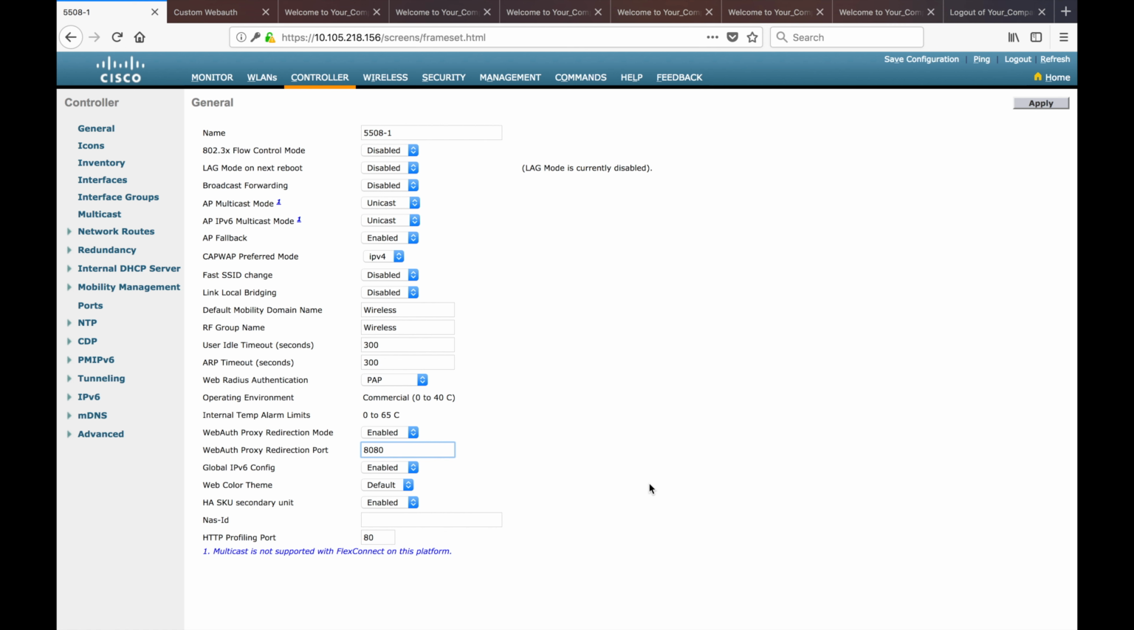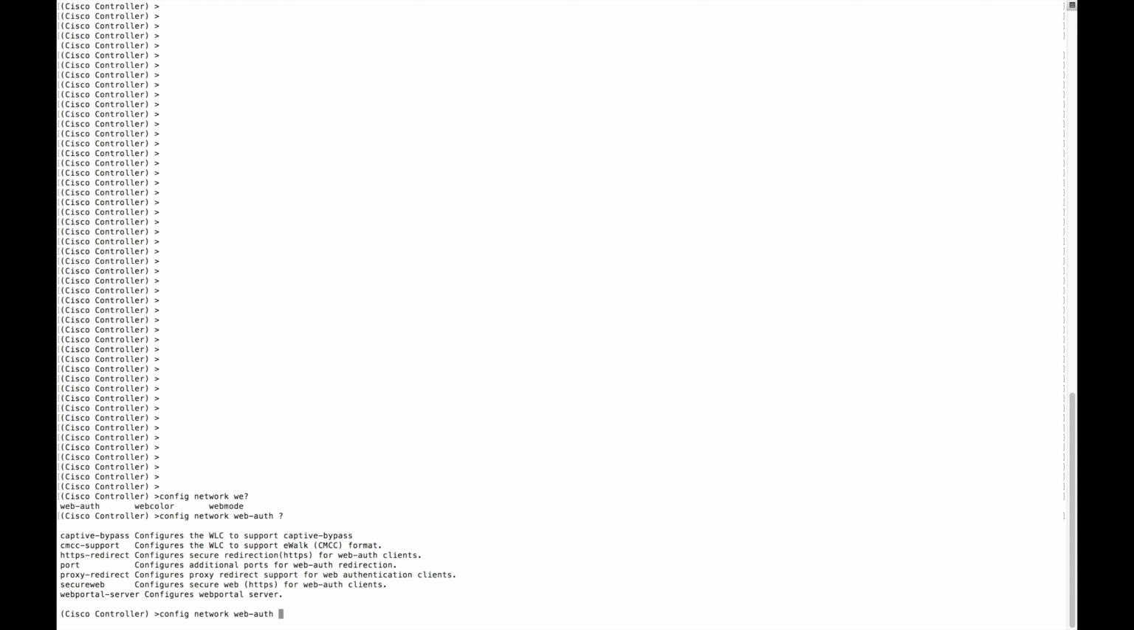Then there are some settings not even available on the GUI. This is the CLI for the WLC, and as I said, there are some commands that are not available for GUI configuration. Most of the commands that are not available on the GUI, you can find on the CLI. So config network web-auth, then you can see the different available options here. One of them is